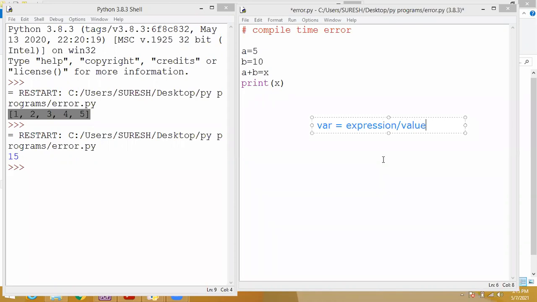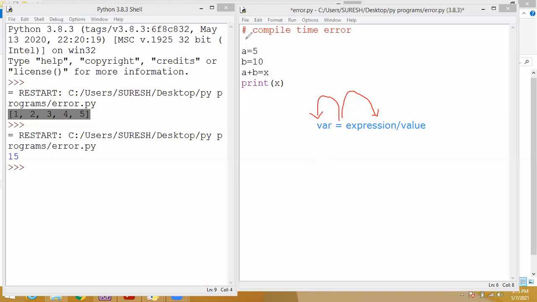If you change this kind of rule, it will produce an error. Students understood? It will consider with the equal to operator, so this will be an error because of this rule. Okay, this is called a semantics error.